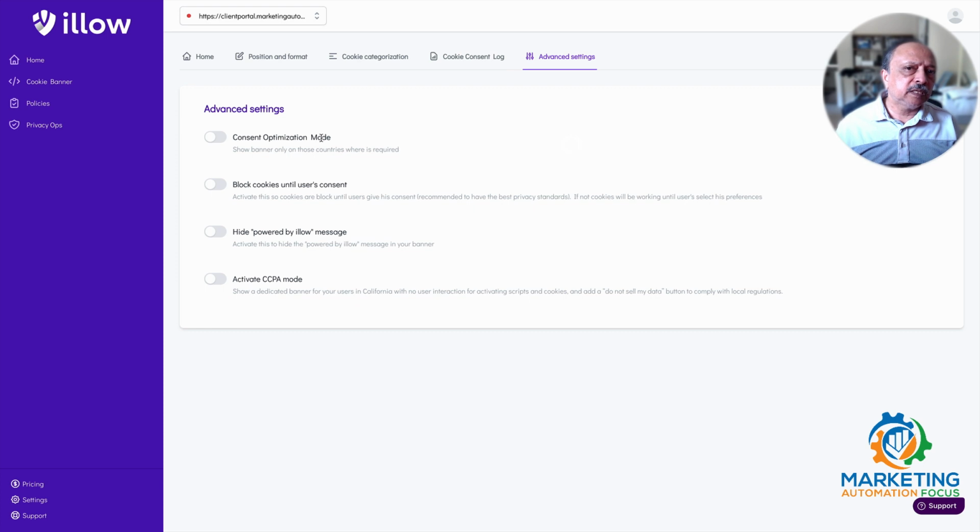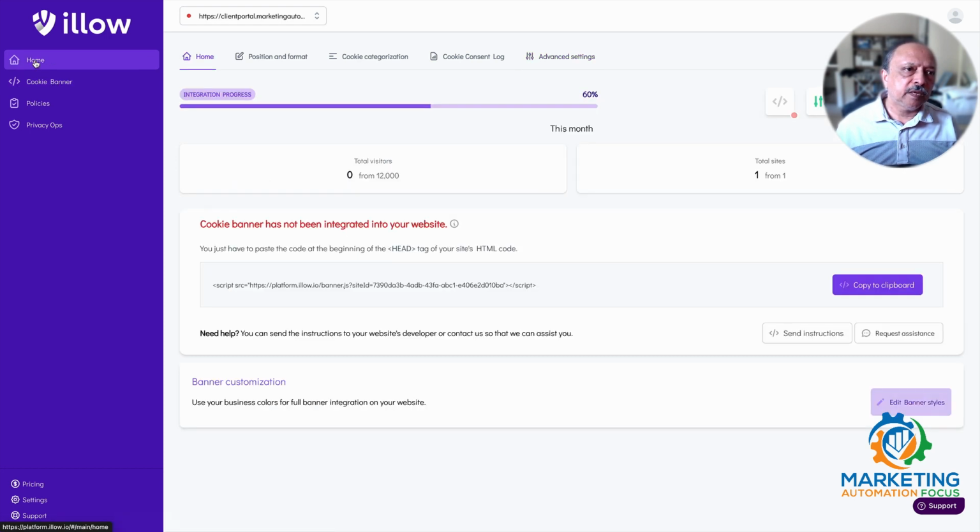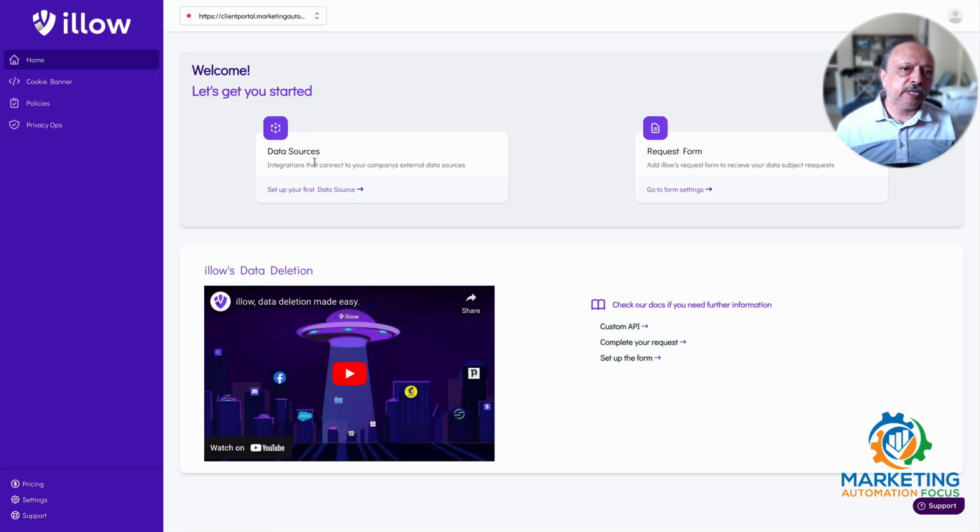So in terms of the cookie banner and the cookie consent log, you can say that it's part of the cookie banner, but then I would separate those out or clarify somehow that if I need to check the cookie consent log, then I need to click on cookie banner here. And if I go to home, maybe we should have a widget for easily going to the cookie consent log, and then data requests, or I don't know what to call it, but anyway, those are the things. And let me take you